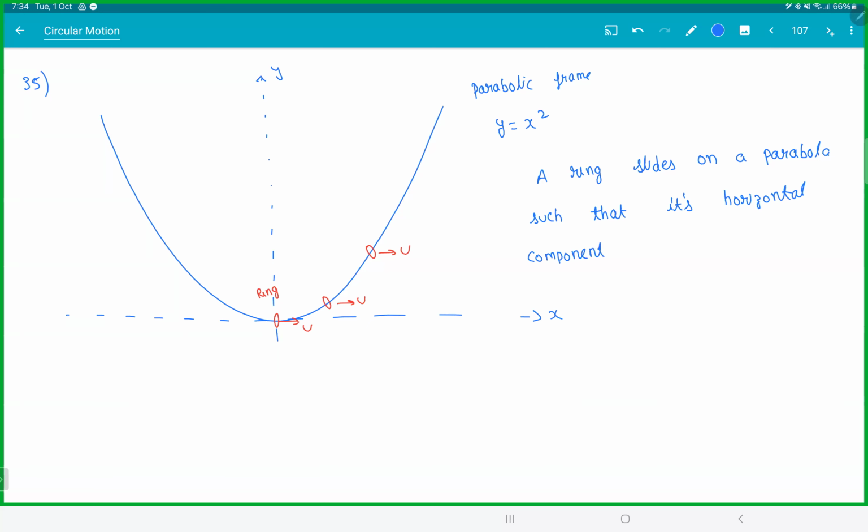Its horizontal component of velocity ux is u. It's always constant. You're getting it? It means no matter how much you pull, it is always constant. Find